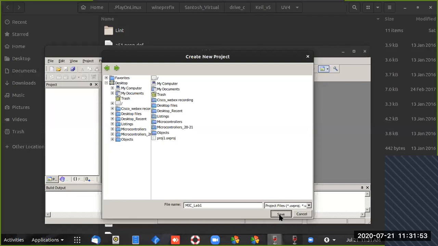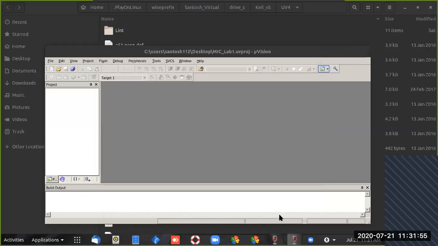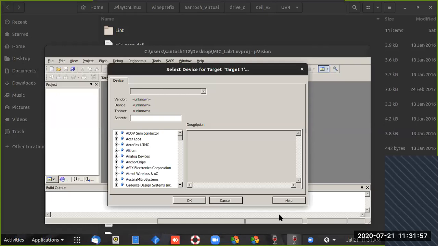So I save this. Then the next window pop-up will be selection of the device. Now there are n number of microcontroller ICs, so which board you have to select. Expectation is that if you are going to do the practical on the hardware, there are two different approaches. You can do only the simulation, but sometimes you have to implement the system in real time, so that much hardware is necessary.